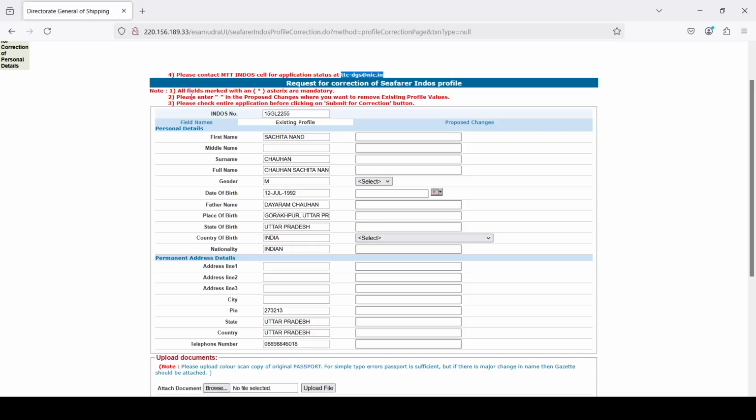Next is, all the fields marked with asterisks are mandatory. That means whichever field is marked with asterisks, you have to fill it. Next is, please enter double comma, hyphen, double comma in the proposed change where you want to remove the existing profile value. Suppose you want to remove any existing value, you just have to put down this value in that line. Let's say I want to change my state, so I'll put this value here,